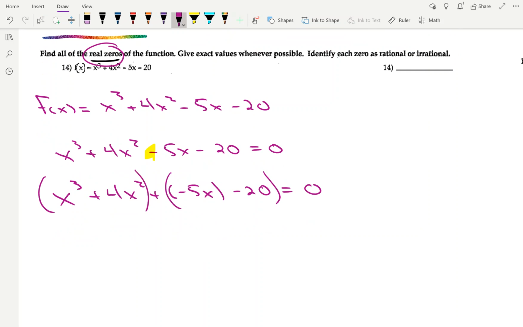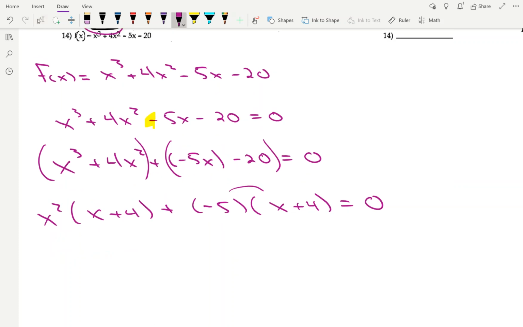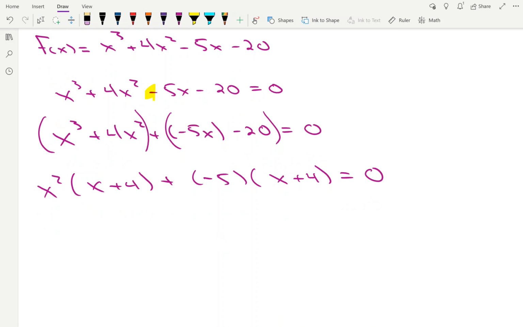We got our parentheses around our groups, I should say. Let's factor out the highest power here. So that's x plus 4, plus, notice I'm going to factor out a negative 5 here, and what's left over is an x plus 4, is equal to 0. Be careful, make sure you redistribute, make sure you're getting the values that you like, and just realize that you won because these guys match. So let's factor out the x plus 4, and we write the x squared minus 5, and we know that